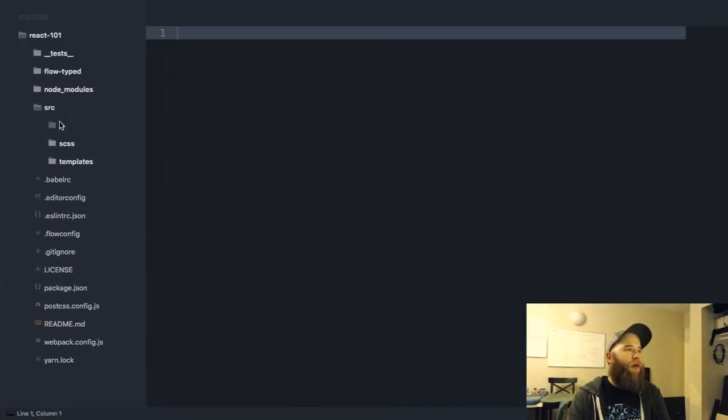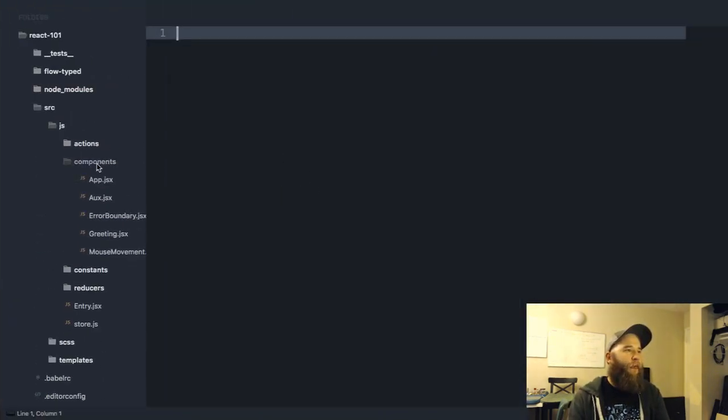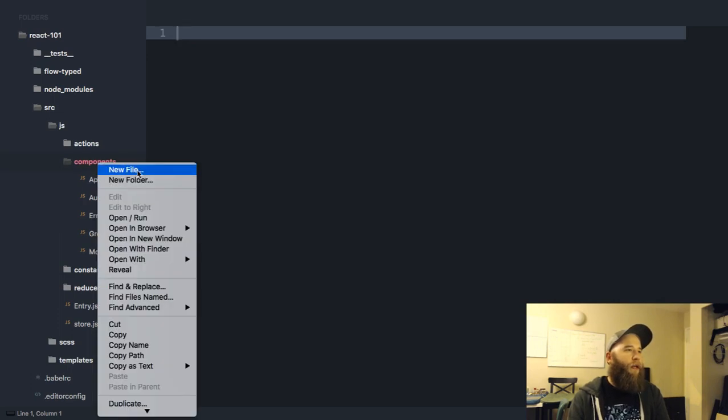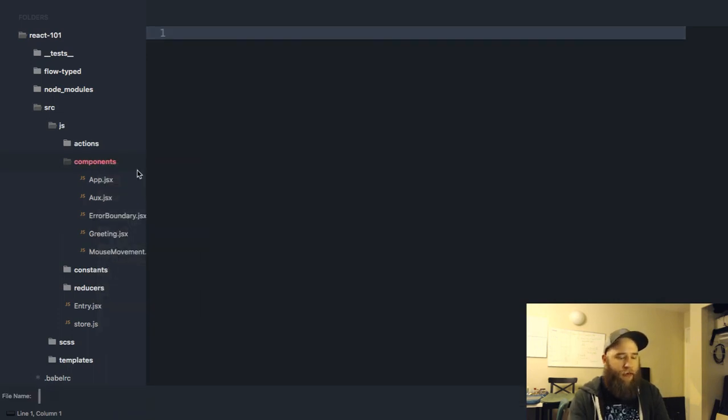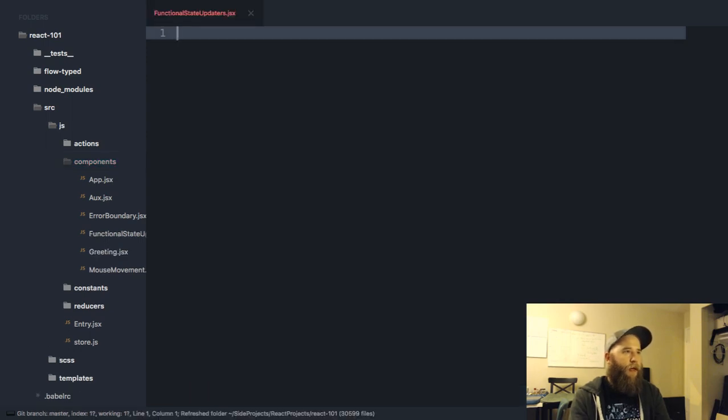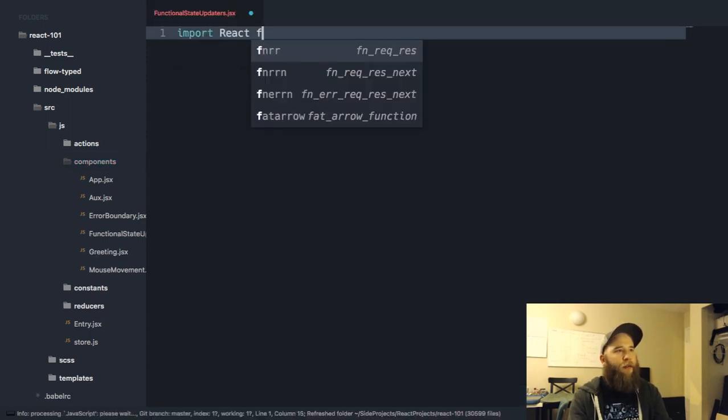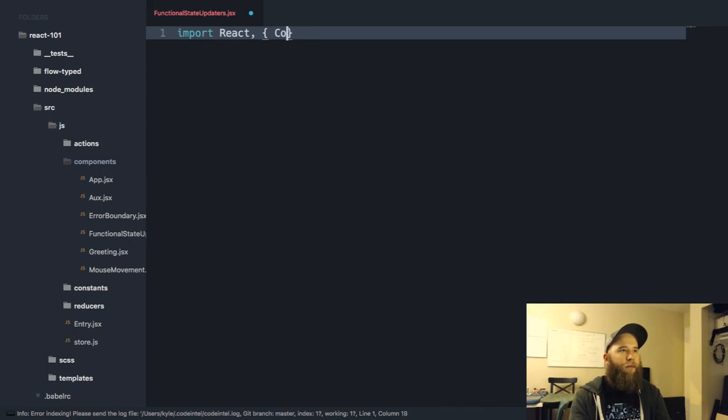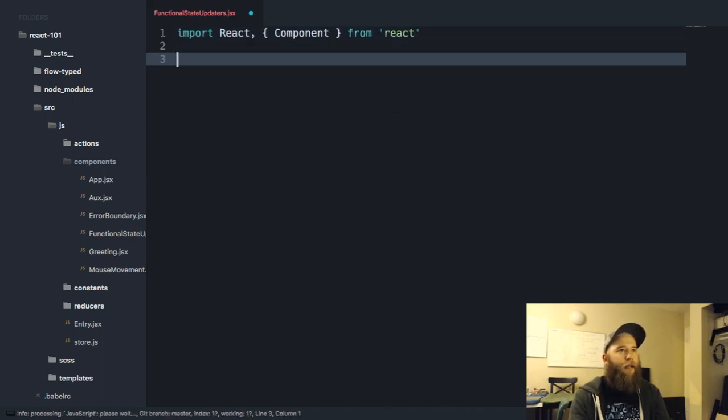I'm going to make a new component here. And we'll just call it functional state updaters. And we'll import React and Component from React, and we'll build a class.